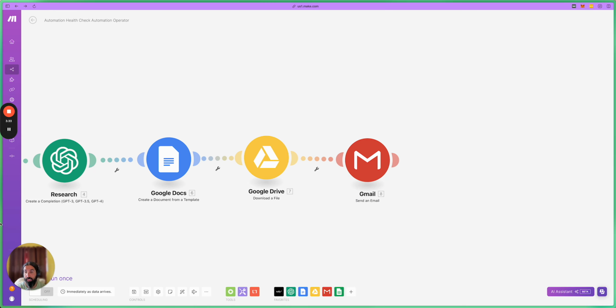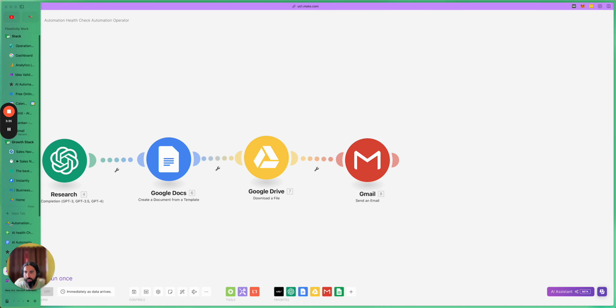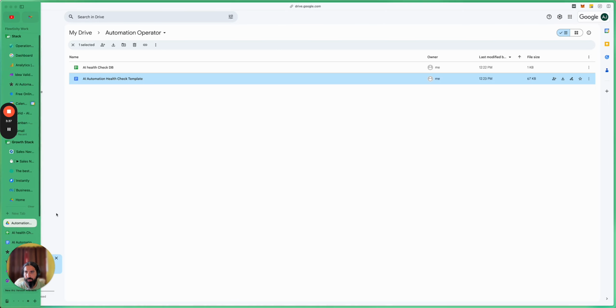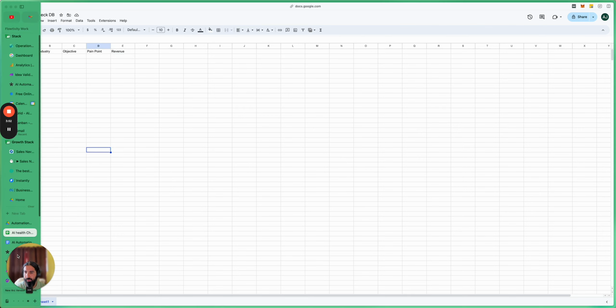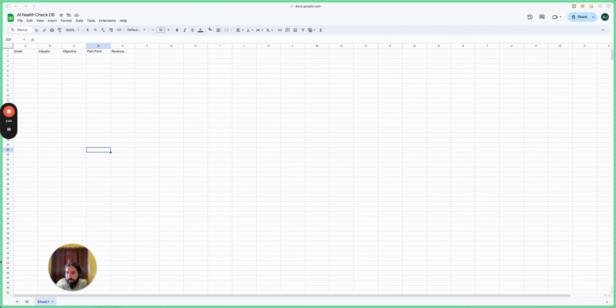let's actually see the Google Sheet. So I'm just going to show you guys what I've set up. So in this folder, I've got a Google Sheet, and I've just called it the Health Check DB. It's really simple. Basically, we've got the email, the industry, objective, pain point, and revenue columns there. So if I go back into my